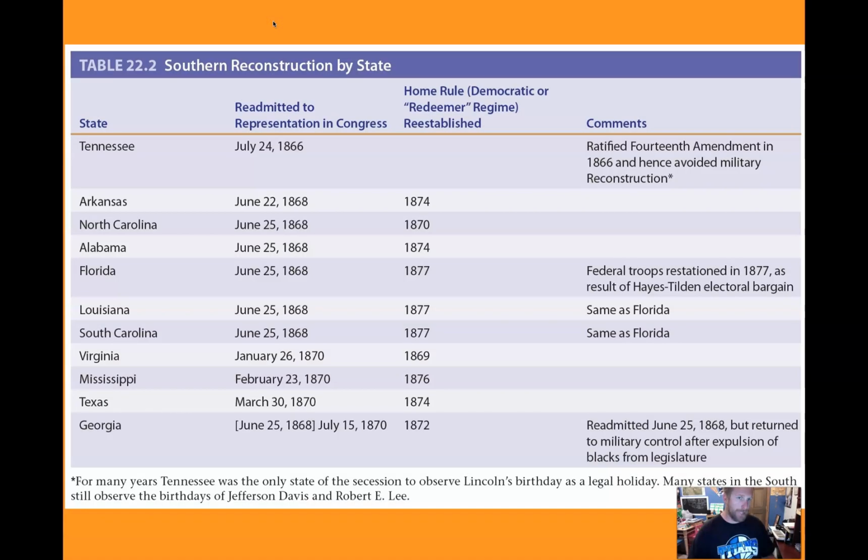Hello and welcome to the last section of Chapter 22 of the American Pageant, the Ordeal of Reconstruction, or as a Cajun man might say it, Reconstruction. We're looking at the realities of radical Reconstruction in the South through the heritage of Reconstruction. We left off talking about radical Reconstruction, the third of the three plans for rebuilding the South and the nation